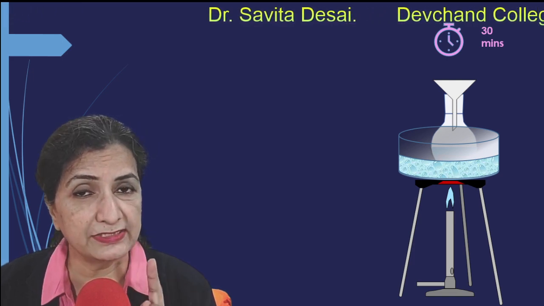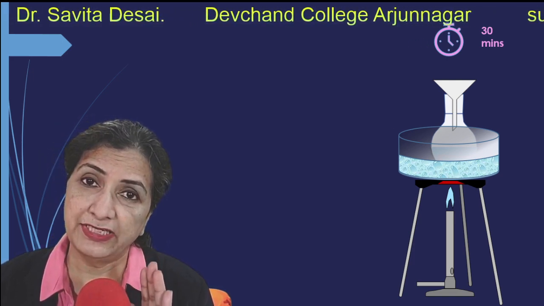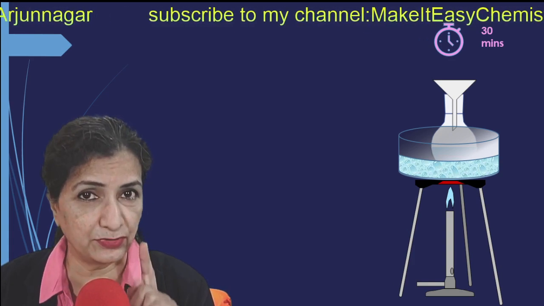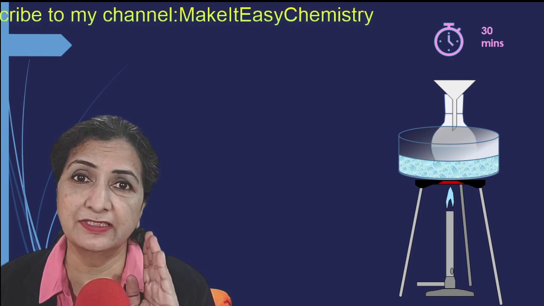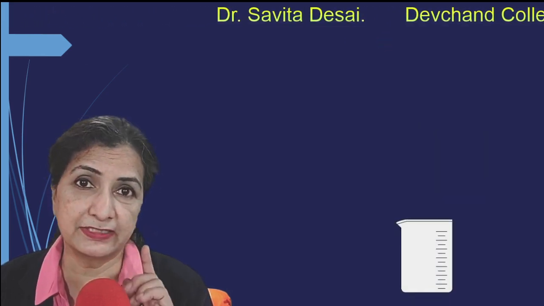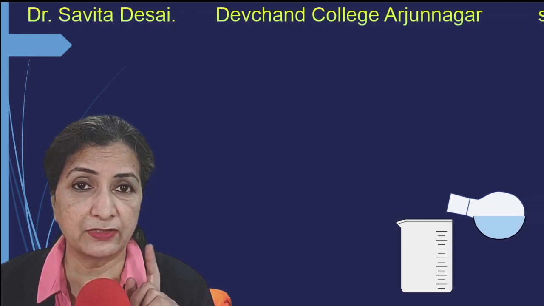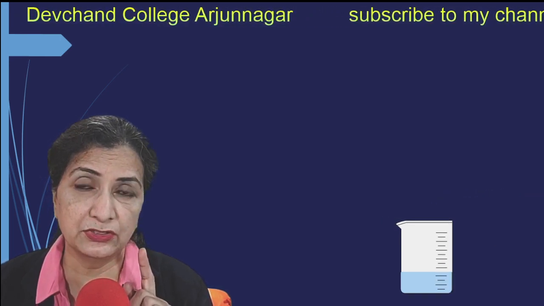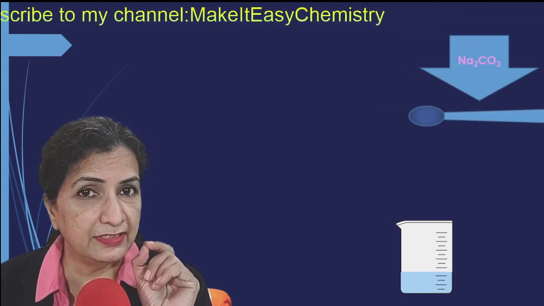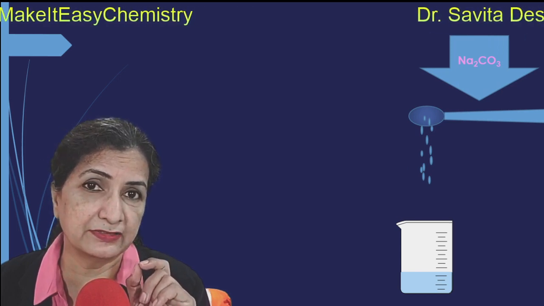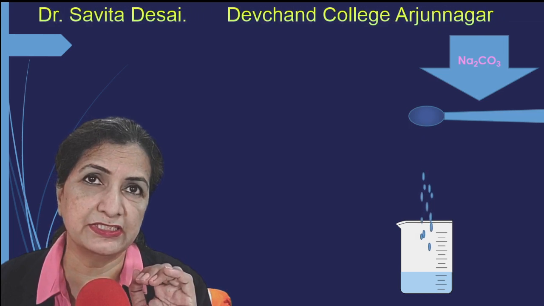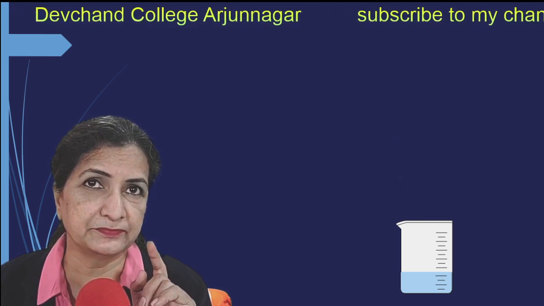During this 30 minutes duration, there is hydrolysis of cane sugar and we get the mixture of glucose and fructose. Out of this, remember, glucose is the reducing sugar. So after the heating is completed, 30 minutes over, we are going to transfer this solution to the beaker, and then we are going to add a little amount of sodium carbonate at a time. A little amount of sodium carbonate is added and the solution is properly stirred.